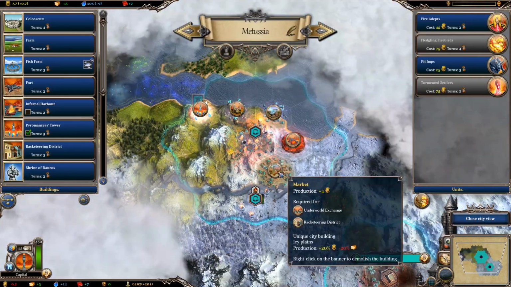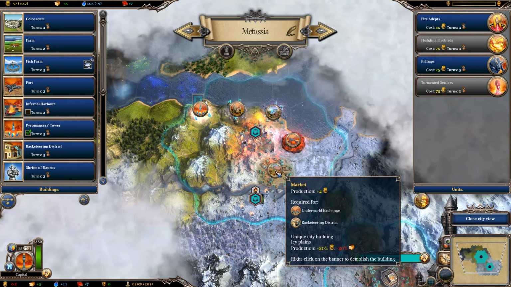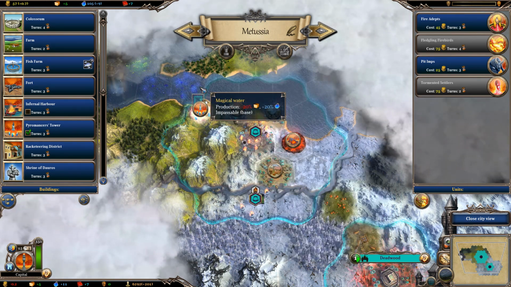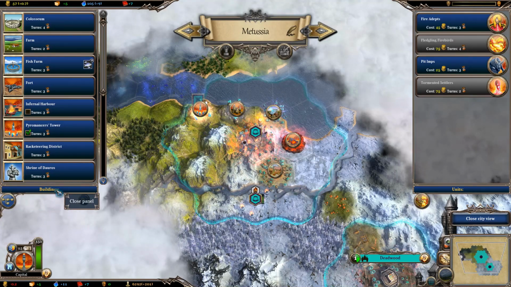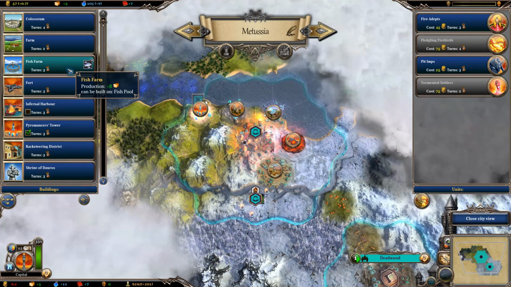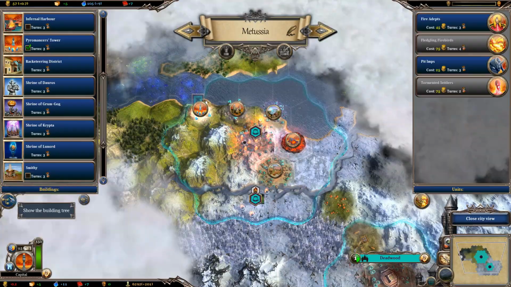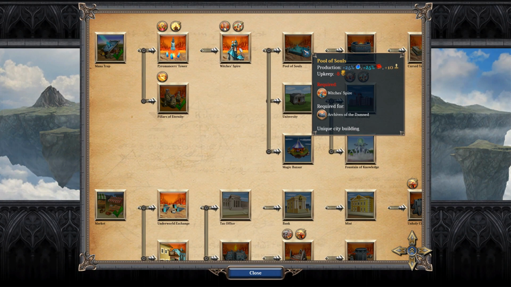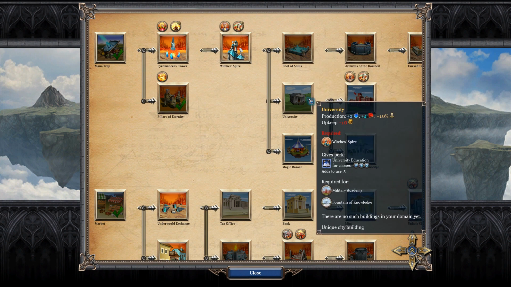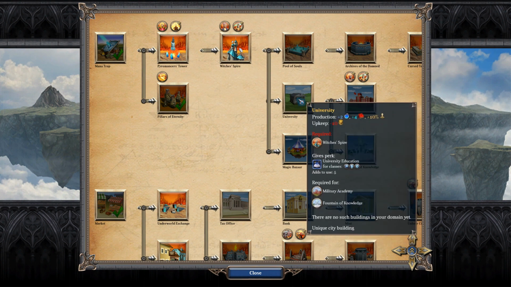Alright, new building needs to be finished up here. Let's see. Infernal Harbor might be... Well, the fish farm might be good just for the extra gold, even though we don't necessarily eat that stuff. Well, what's next on our thing here? Pool of Souls. Oh, -8 upkeep. Ouch. University. Not bad. Magic Bazaar. Which, man...